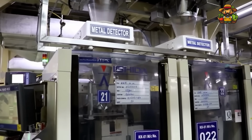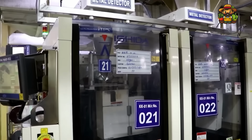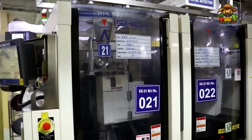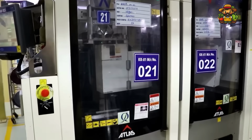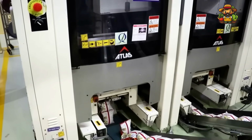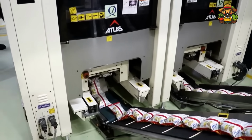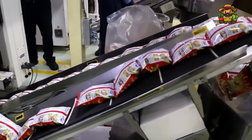After that, the packaging machines put chips into the bags and use nitrogen gas to keep the chips fresh. Every bag is sealed with heat to keep out air. The chips are shielded from staleness and crushing during transportation by nitrogen gas. The bags are given a batch code and expiration date, which aids in inventory management and, in the event of a product recall,